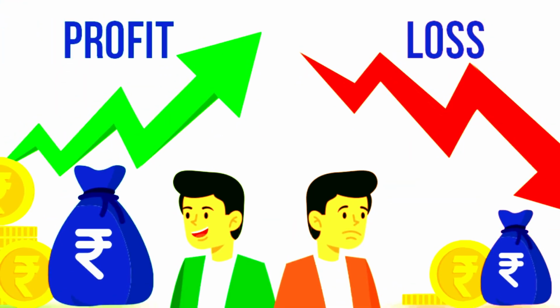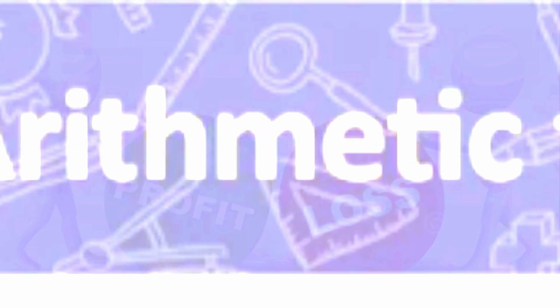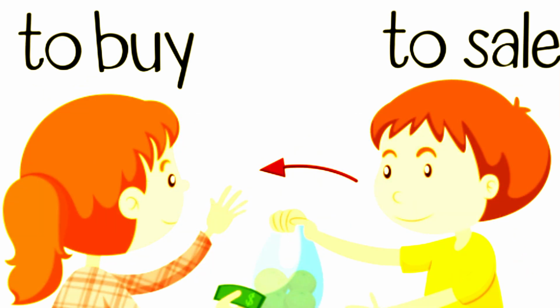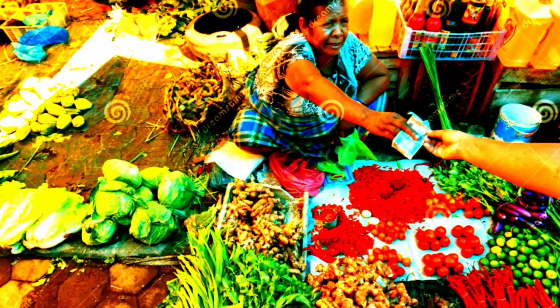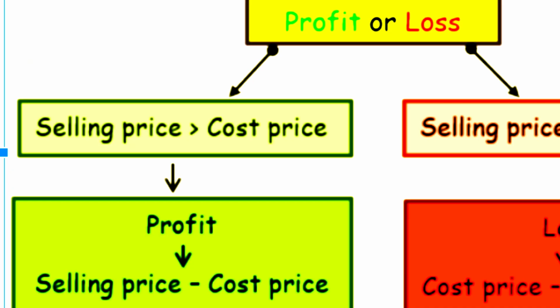Hi. Today, we are going to learn a very interesting and useful topic from the Arithmetic Test unit, Profit and Loss. You might have seen your parents buying or selling things in the market, right? Sometimes, they get a profit if they sell it for more than they paid, and sometimes, they face a loss if they sell it for less. Let's understand this simply without any percentages, just with the basic prices. Look at this colorful chart, it clearly explains the concept.